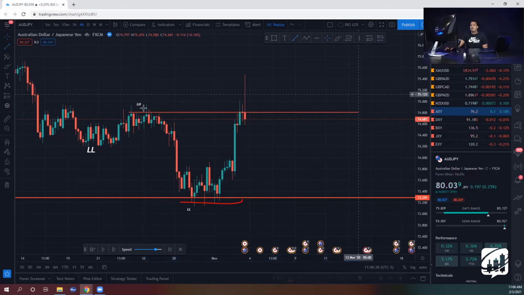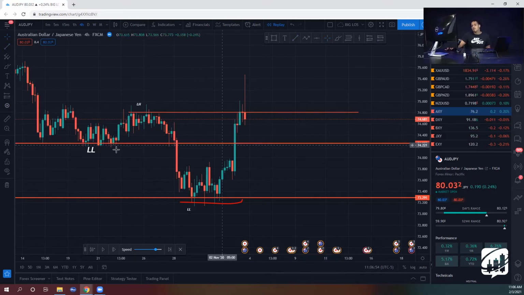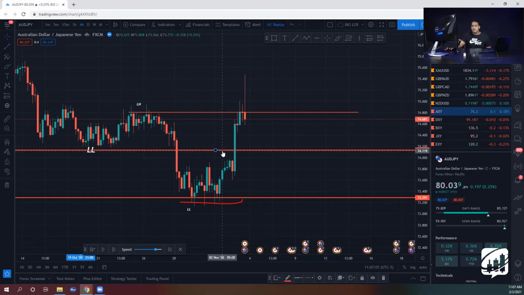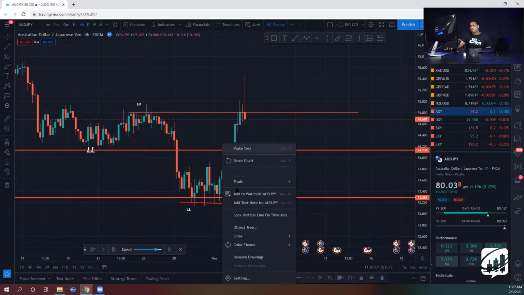Because right now, it's retesting the lower high. This could possibly drop. Nobody knows. Because we know for market structure, it could either retest the lower high or the lower low. As we see, the lower low failed the retest. It blew past the lower low. It had a strong momentum candle and blew past the lower low. So now we know the lower low is not an option for us anymore.